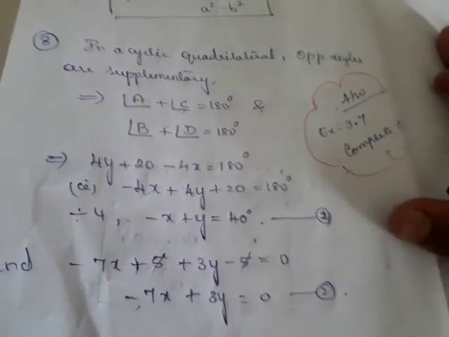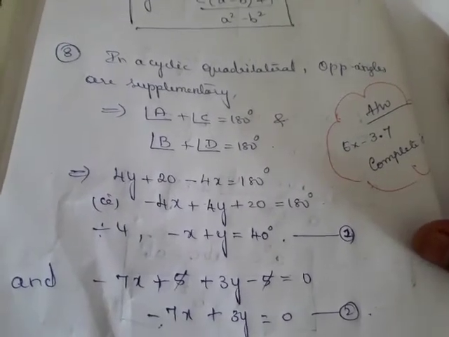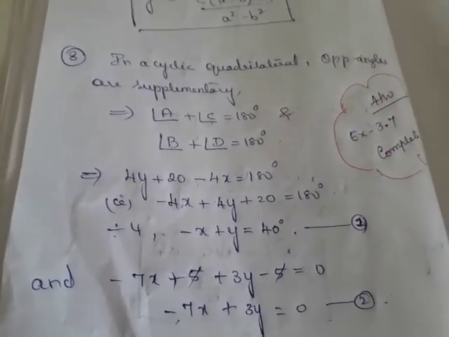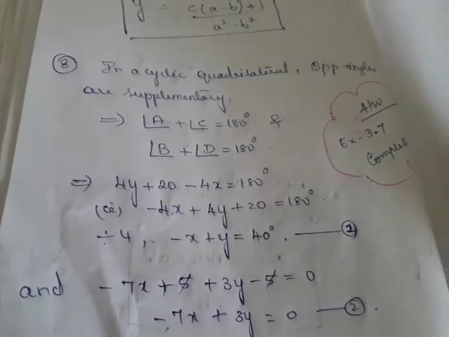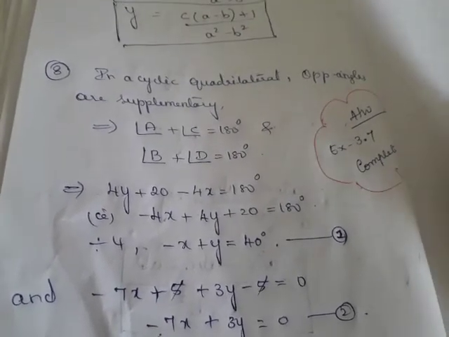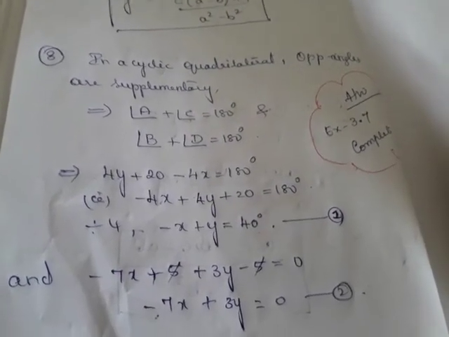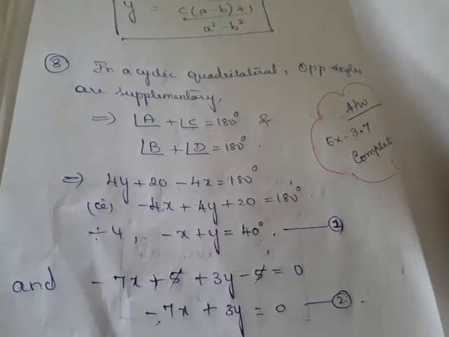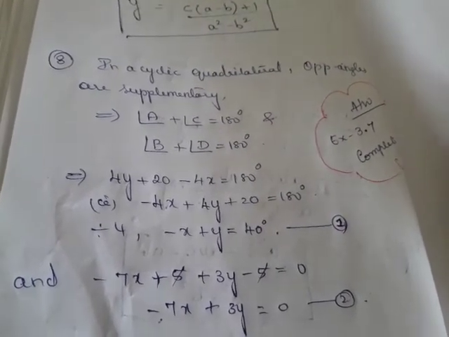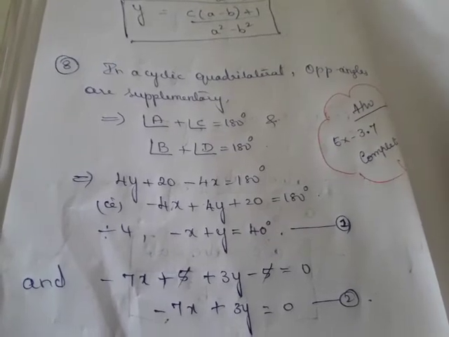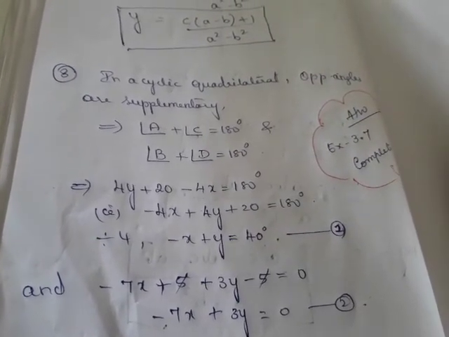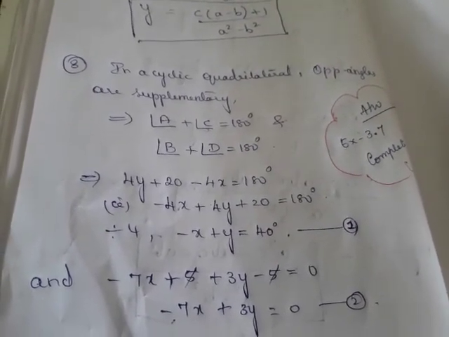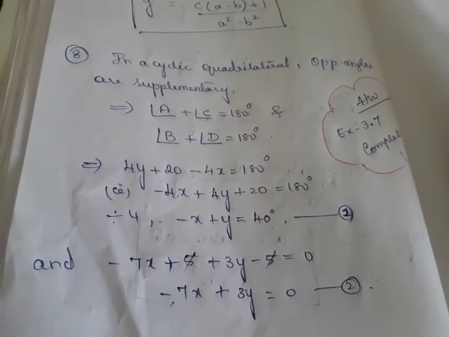And homework is going to be the entire exercise 3.7. I have given you enough clues and hints. I have framed all the equations. So only the solving part is left to you. So complete the entire exercise, and in the 7th question, especially the 3rd, 4th and 5th subdivisions, I want you to do it and do all the problems and post it in the group without fail. Okay, thank you students.